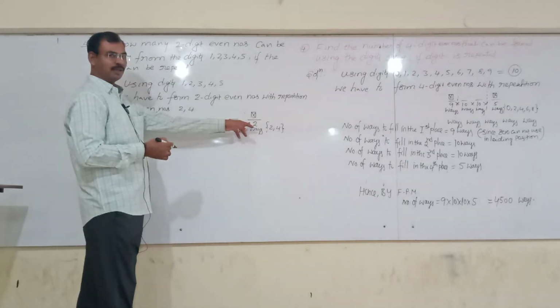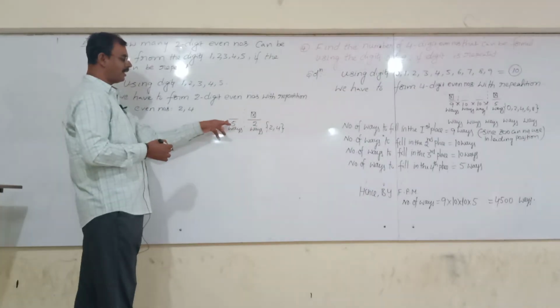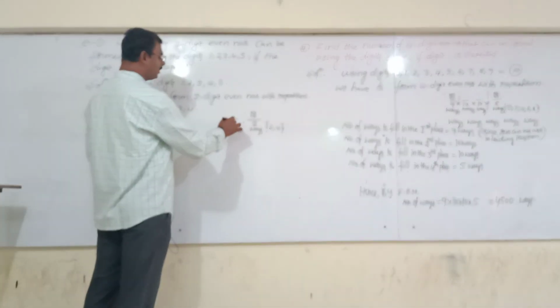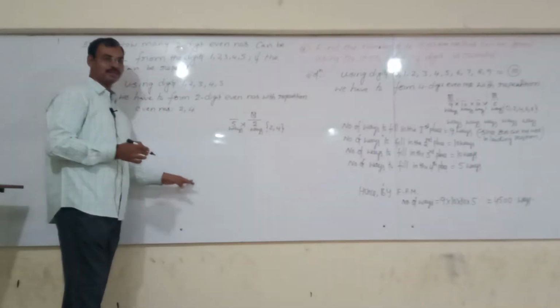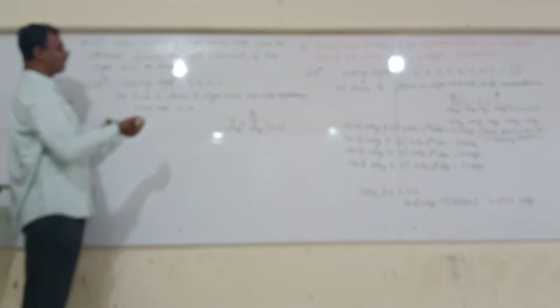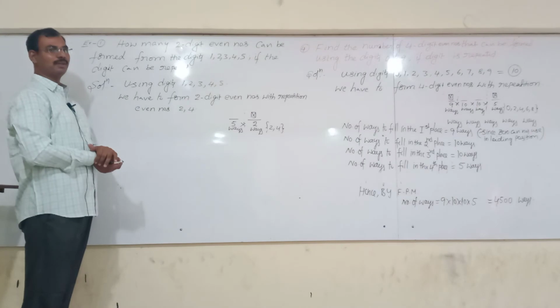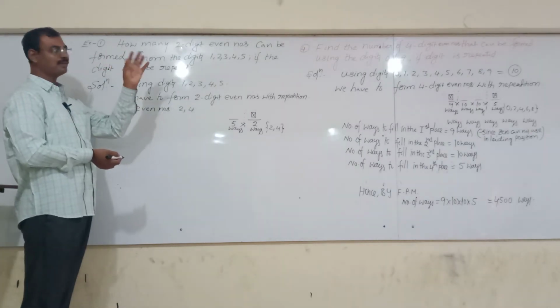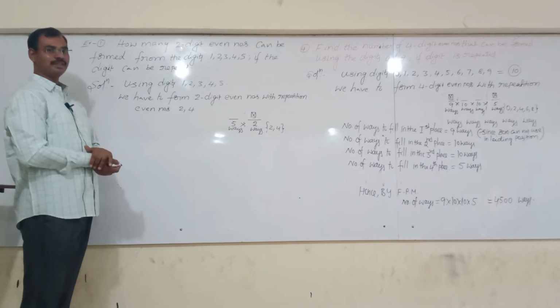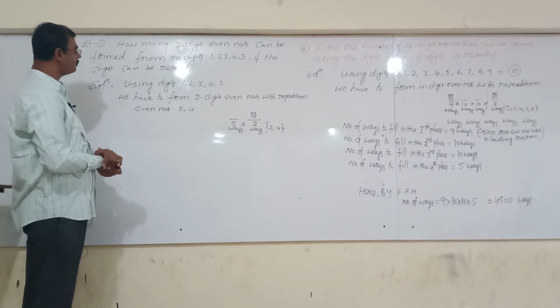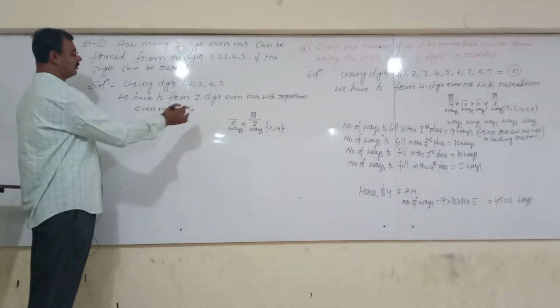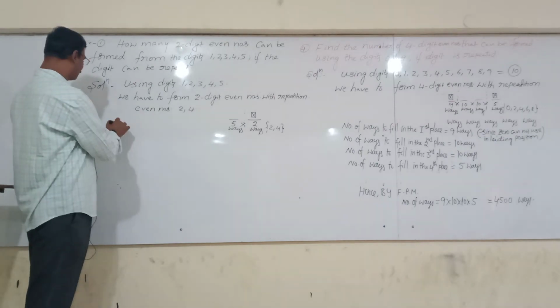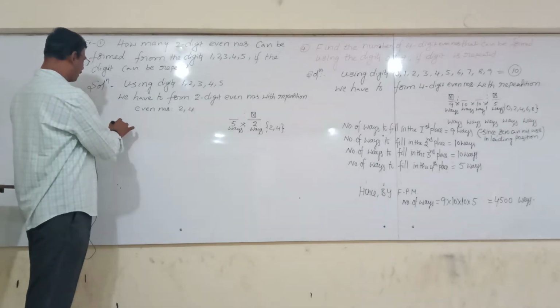Do I stop at the unit place? No, I further fill the tens place. So I have to use multiplication. The total number of ways is equal to 10. Very simple question. Clear? So that is the first beginning, a big problem. Now it becomes easy, and this is how we have to learn. Clear this one? So we should write the answer: number of ways.